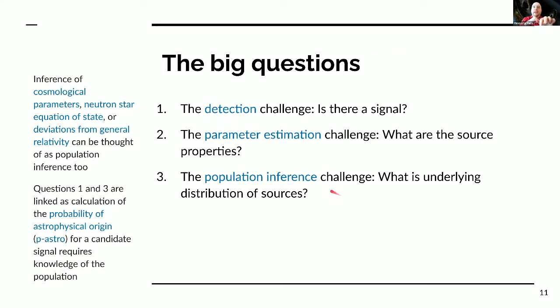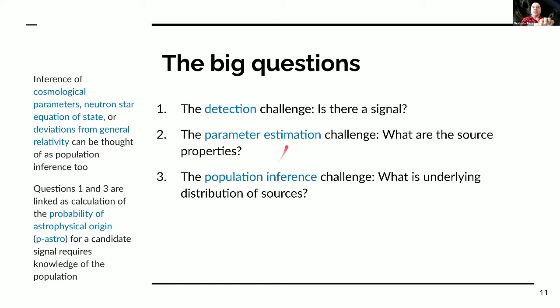Now, each one of these challenges has a lot of theory behind it, a lot of development of algorithms over the years, and we could quite happily spend an entire lecture course speaking about each one of these. However, in this lecture course, we're going to focus on this final one, the population inference challenge, because this is the one that is most intimately connected to understanding the astrophysics of the source. This is how we can best measure the many uncertain properties of the formation of compact binary coalescences. And I think also because this is the one which is under most active development.